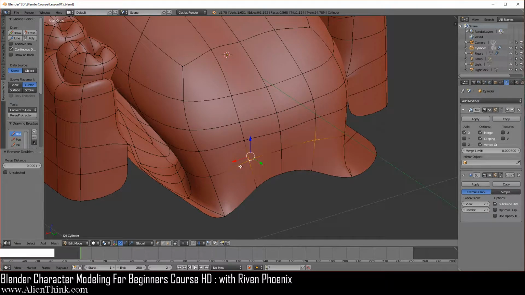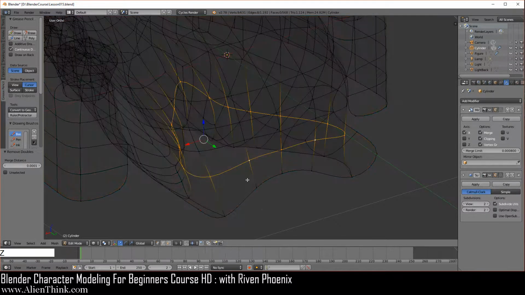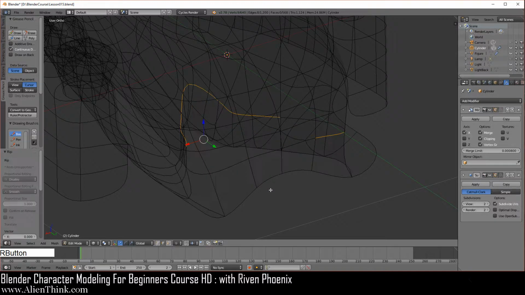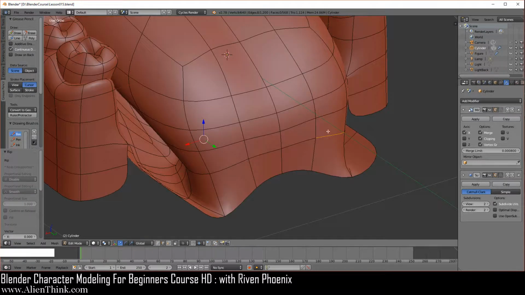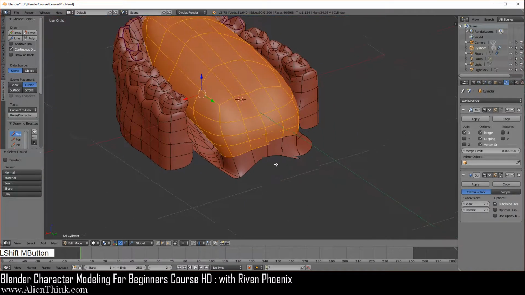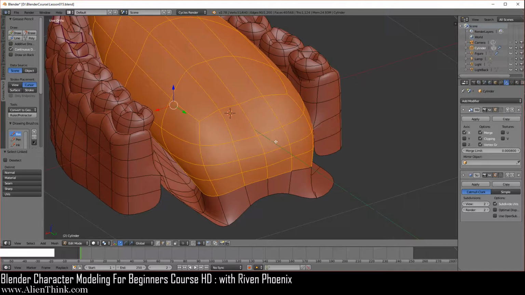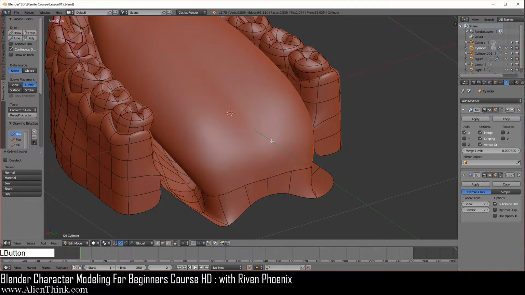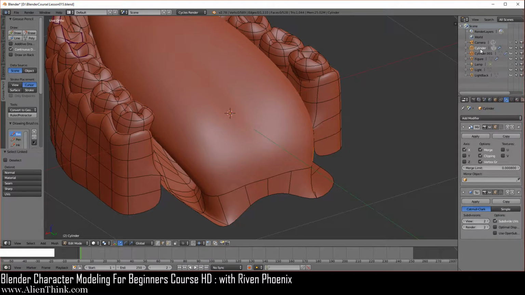So meaning that if I do Alt and click on this again, press the Z key to make sure that it's going all the way around. We're just going to click the edge over here. I'm going to press V again. It's going to separate, and right click to cancel. You got to make sure that everything's exactly in the same place. A to deselect. Now if you press the L key on top of the tongue, you'll see that we can select the tongue. So this means that we can press the P key and we can do separate by selection. So now I'm going to do P. Look what happens over here. If we just bring this down over here, this tongue has been separated.